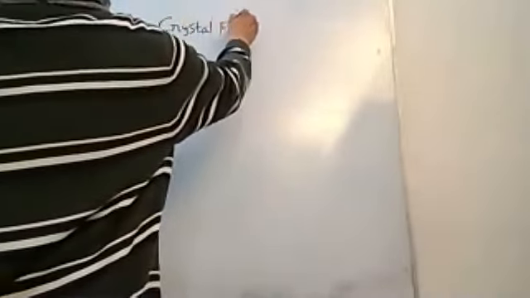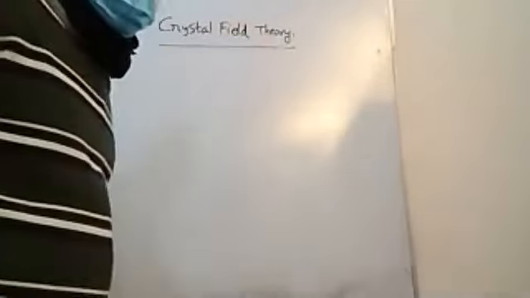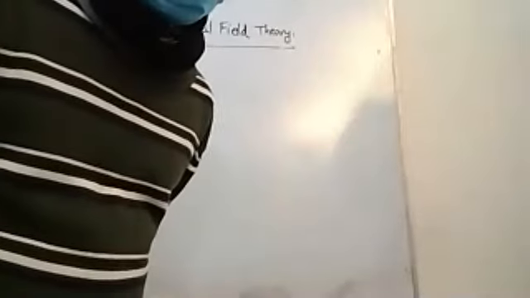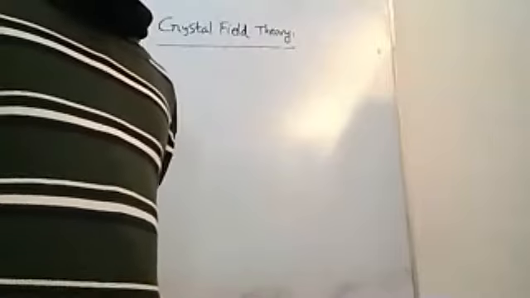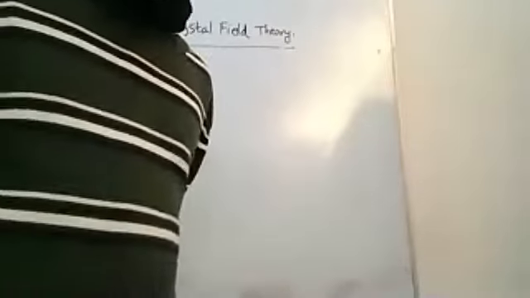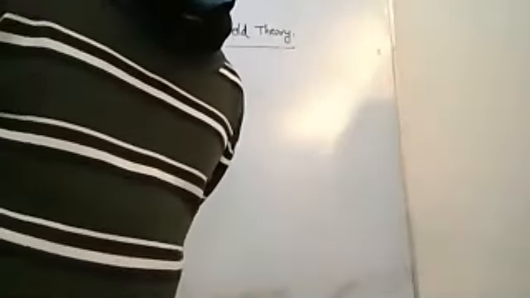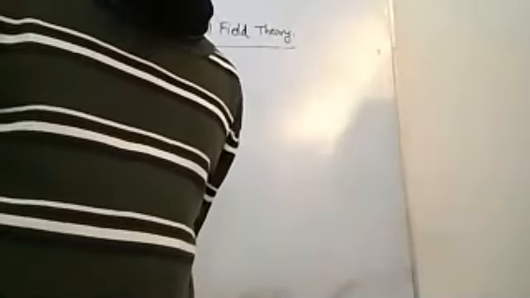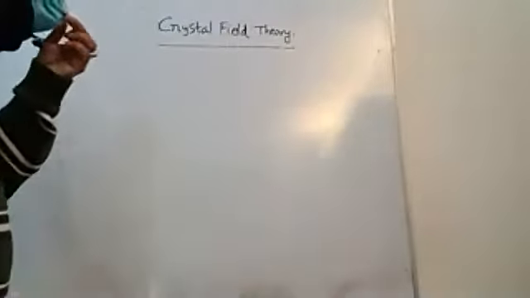All right. So to explain that, people have come up with what they call crystal field theory. Oftentimes it is abbreviated as CFT. CFT is crystal field theory. To understand crystal field theory, we need to go back to our d orbitals, right? We all know metals, especially transition metals, have d orbitals, and there are 5 of them: dx squared minus y squared, z squared, dxy, dyz, dzx, right? So there are 5 d orbitals.